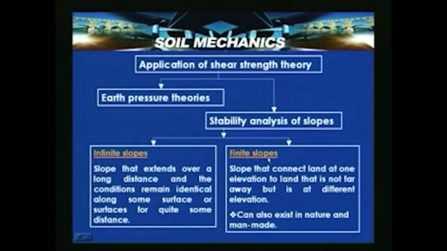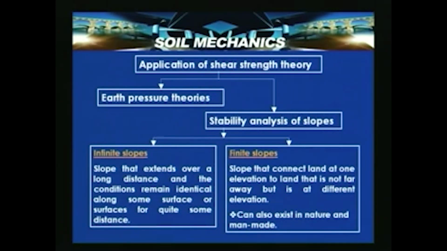Whereas, finite slopes connect land at one elevation to land that is not far away, but is at a different elevation. This can be natural or man-made. That is, this can be a natural hill slope or a man-made slope like highway embankment or railway embankment or